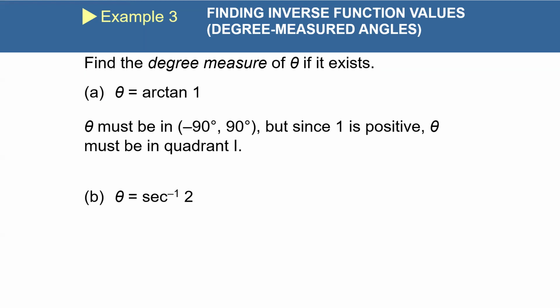All right, just really quick though, quick example, arctan 1. So it says theta must be from -90 to 90, right? But since 1 is positive, theta must be in quadrant 1. So now I'm looking for arctan of 1. For what value of theta gives me a tangent of 1? Tan theta equals 1 is for what angle? 45. So it'd be 45 degrees. That's all you're doing. You're just thinking backwards. Just think backwards. You know, graph it, the sticky notes? I'm gonna graph it just